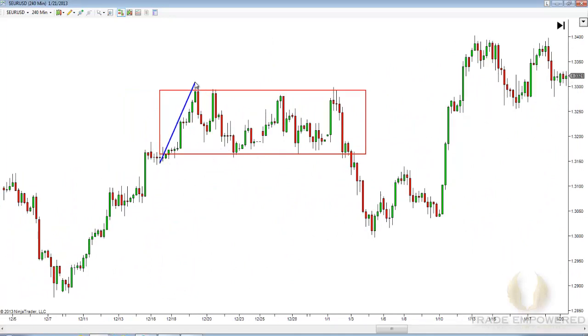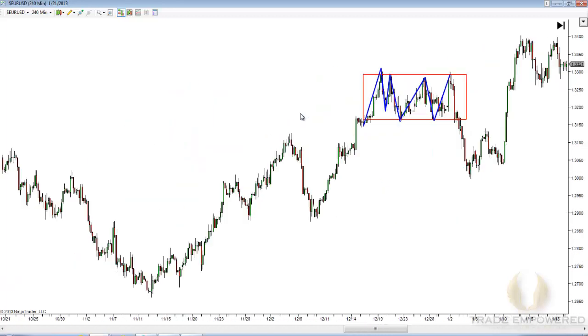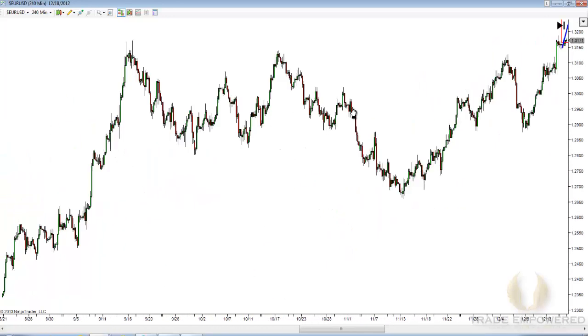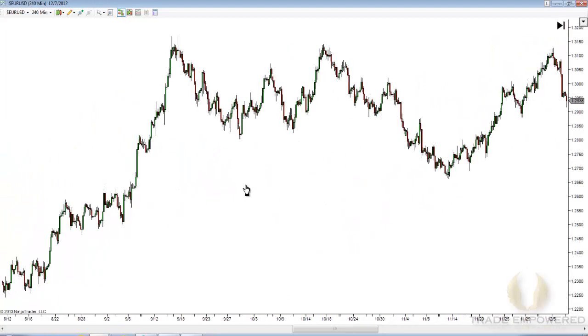We have our initial structure high here, then we have an outside return. Then we push up to try and make a new structure high, but we never get that higher high, higher close, so this level holds. And then we come back down and we get a new structure low. Then we follow that up just with sideways movements. And you'll see this happen when the trend runs out of steam. You can see it